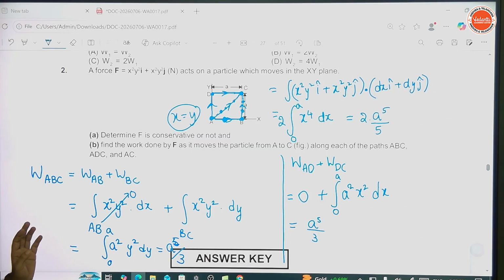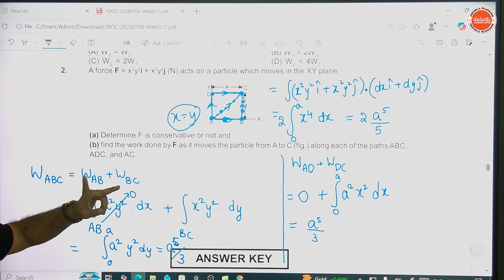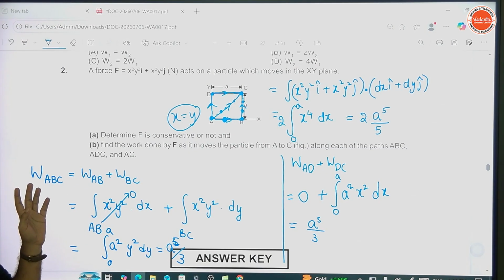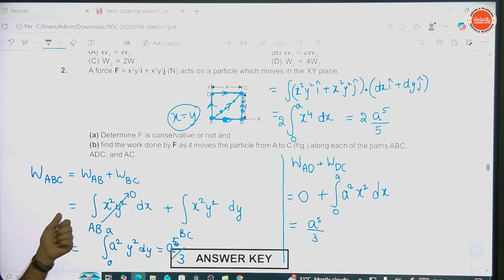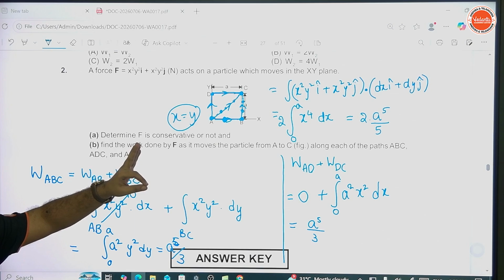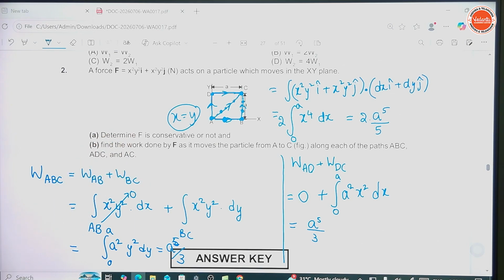Right? So if work done along any two random paths you have chosen, right? You have chosen some two random paths, and coincidentally the work done in those two paths has come out equal. So can you conclude that that force is conservative? You can't conclude. Clear? What is the difficulty over there? The work done in those two paths might be equal, which may not be equal in a different path, in some other third path. Got the point?